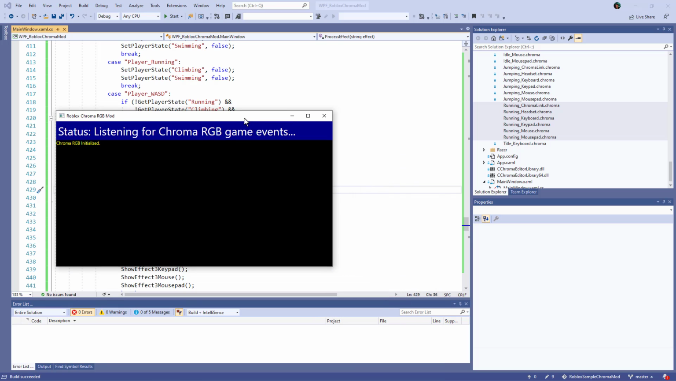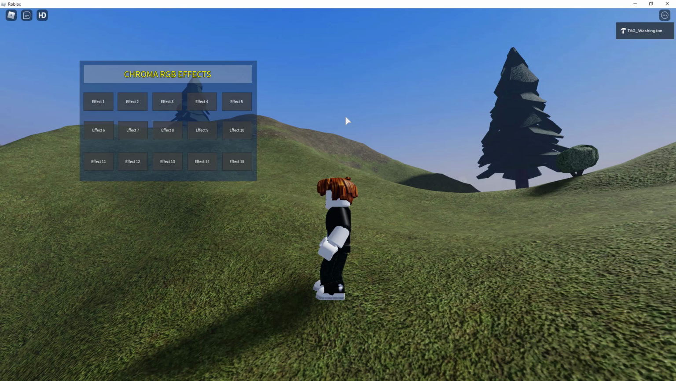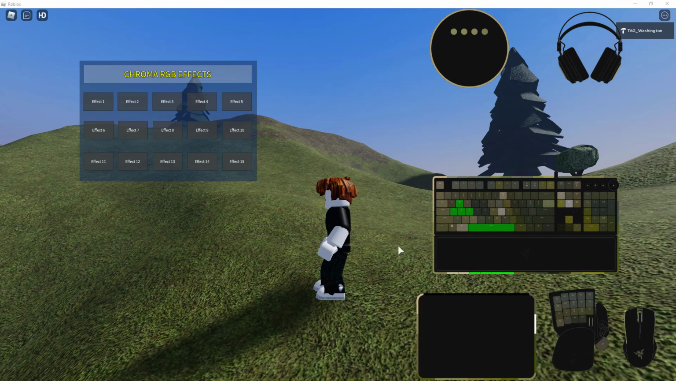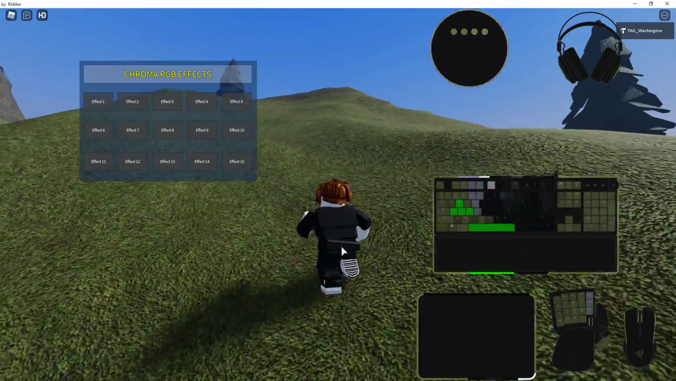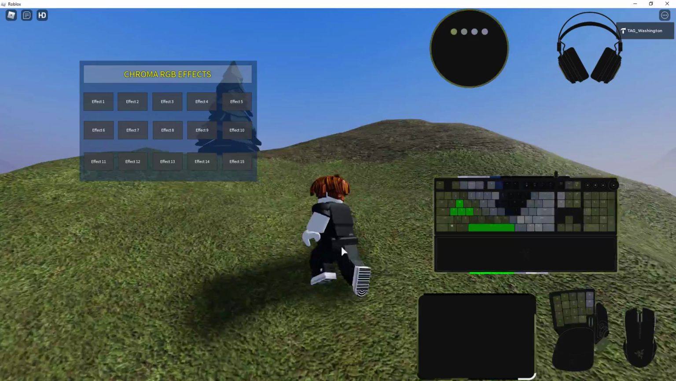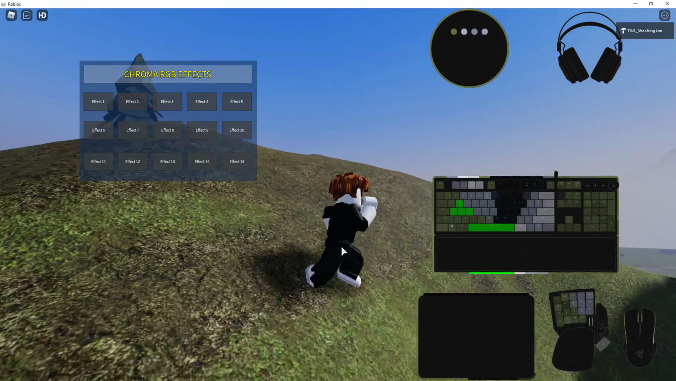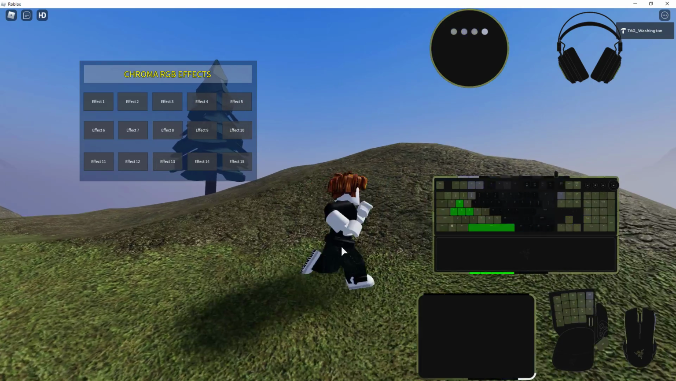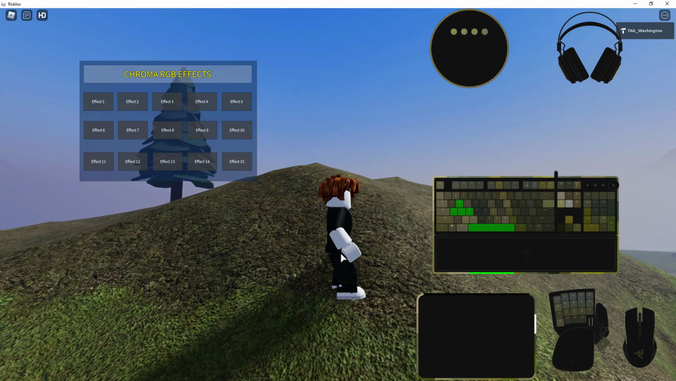Okay, so here's the mod that's listening to the logs. I can open Roblox and I'll open up the emulator so we can see what the hardware is doing. Okay, so there we go. There's the new animation. And that is playing really fast. Really fast. So instead of that, we can go in,